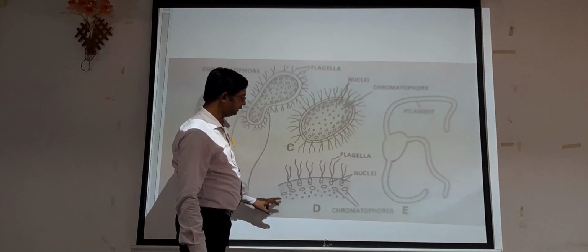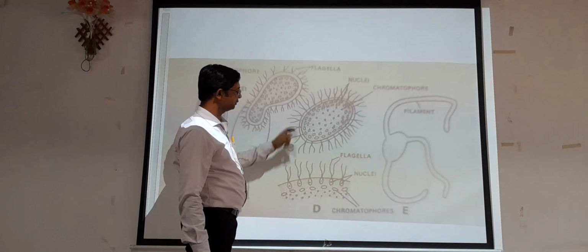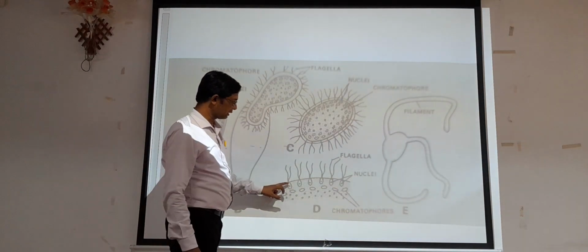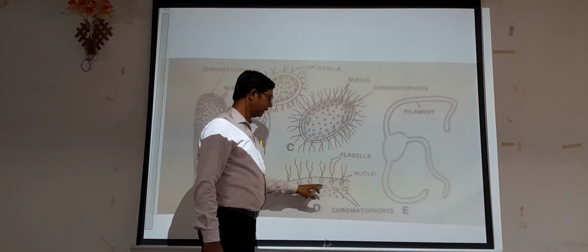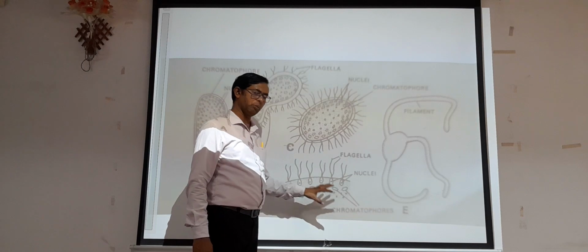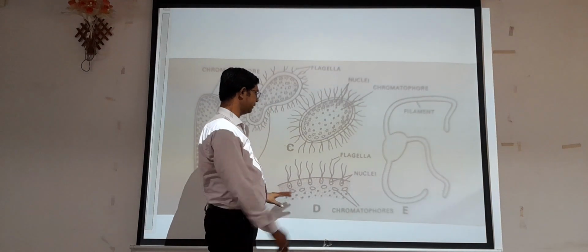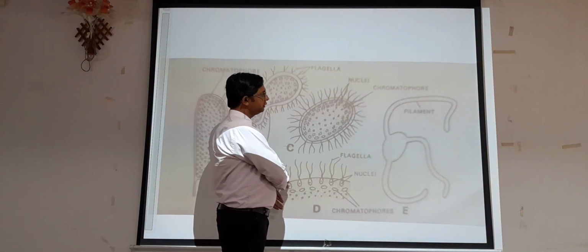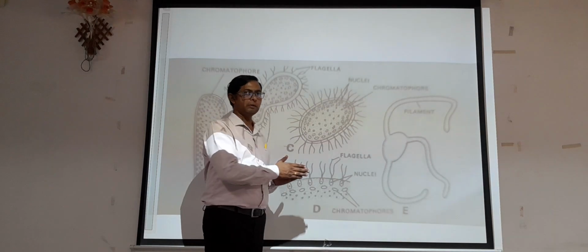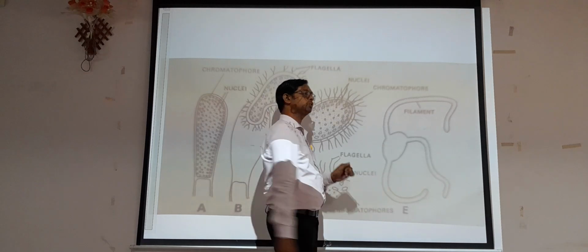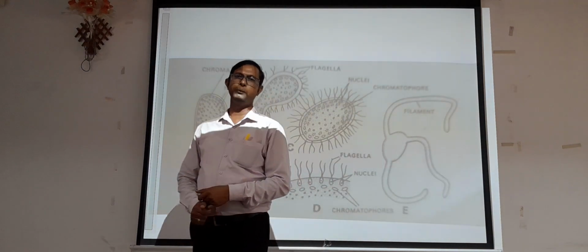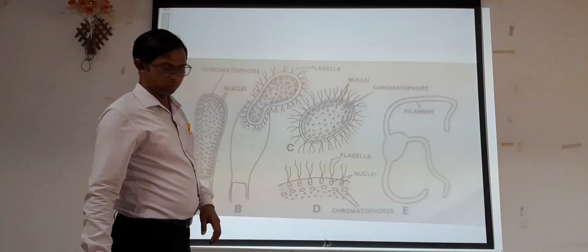Now here you can see the detailed structure of this zoospore. Here you can see the biflagellated structure, or flagella. Along with that, you can see the presence of chromatophores, nuclei, and oil droplets. This particular spore will get the favorable condition, and after getting it, it starts to germinate and will produce the new filament, or new structure, of Vaucheria.